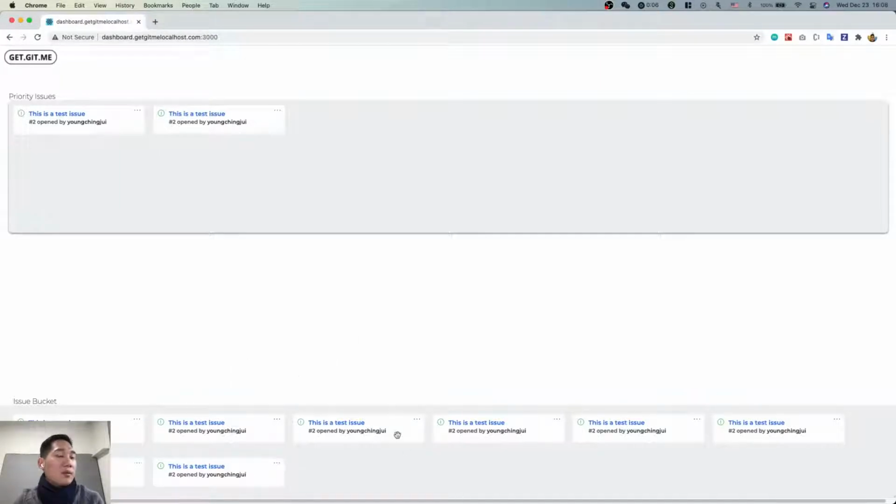So last time we got this thing going, so we were able to click this, start dragging it, and then as soon as we hover into this priority issues box, there's a little stylization to show you that you can drop it in, and you can also see the cursor changes to this plus button. That means you can add it in here. But before, we solved this bug where if you hover over another card, this thing disappears. And we solved the bug where it doesn't do that anymore. Now you can hover over this thing and it won't disappear, which is great. And how I did that was I think I turned off what's called hover animations for this part here